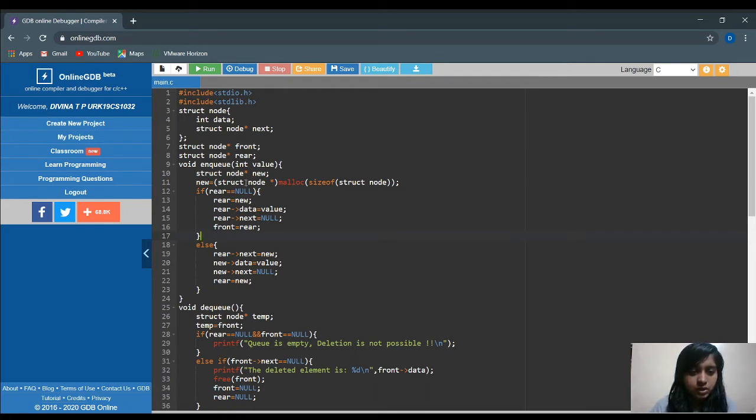So let's see what void enqueue does. We are giving an element to be inserted using the function enqueue, and this enqueue will first check whether the queue has an empty space where the element can be inserted, and then it will insert the element. First we are giving a condition: if rear is equal to null, which means, since it's a queue function, imagine